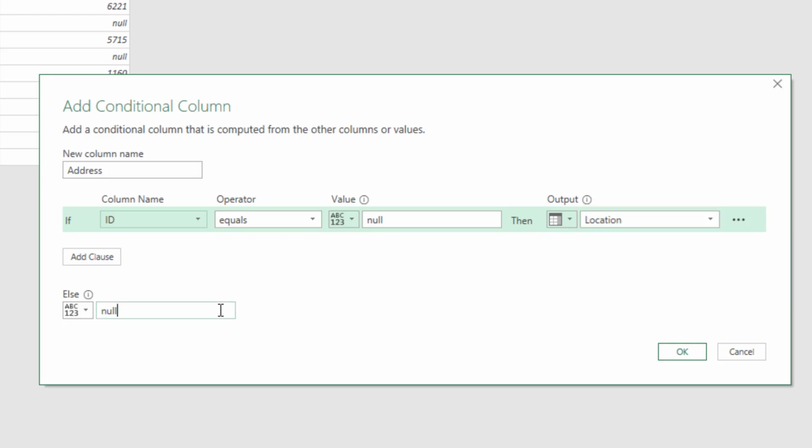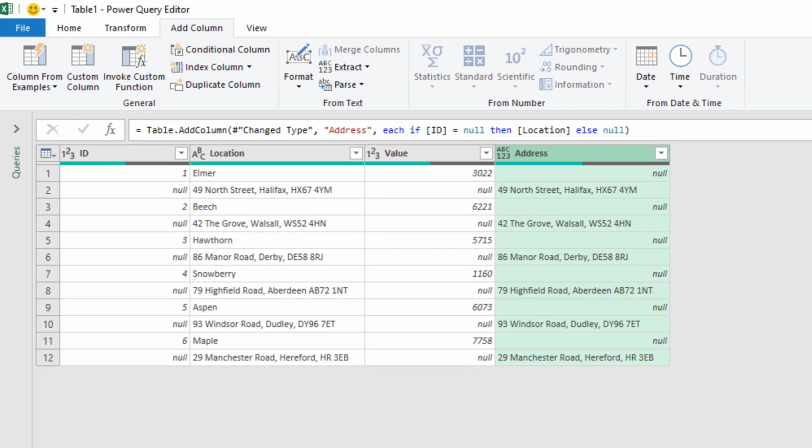And that's a key step. That's what really makes this different to just duplicating a column. Because by bringing across a null value, we will be able to fill those null values in a moment. If I click OK, I get this additional column. And it doesn't maybe look too impressive yet. We do have the address in the same row, not in the same row as the ID and the values,